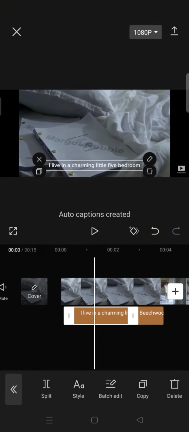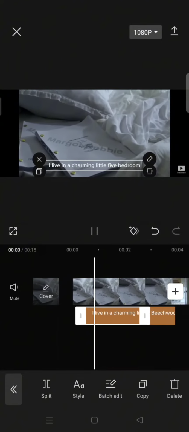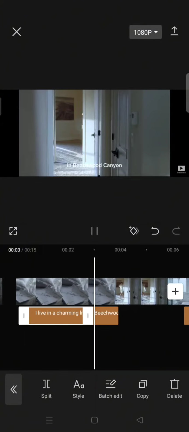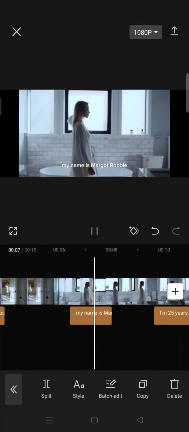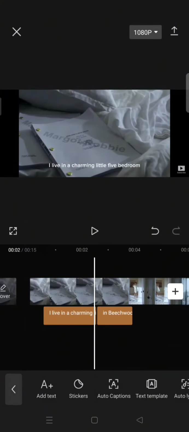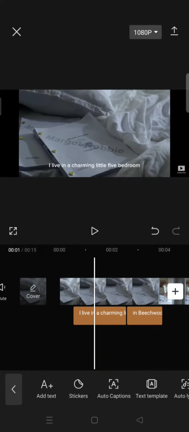Okay, so now as you guys can see here, the caption has been created. Okay, so to make the caption word by word, what you need to do is just